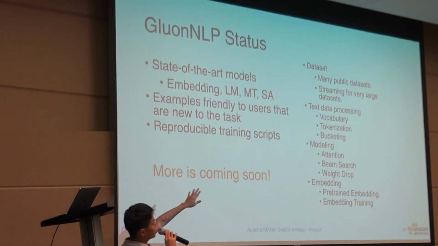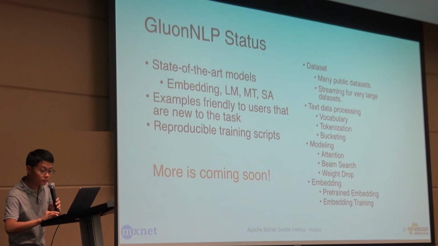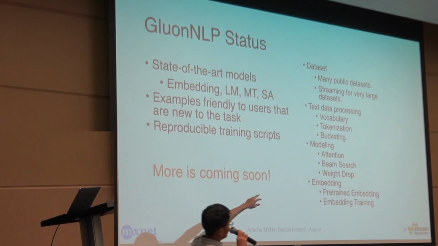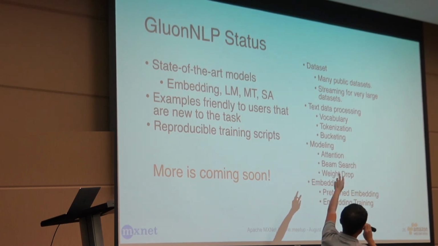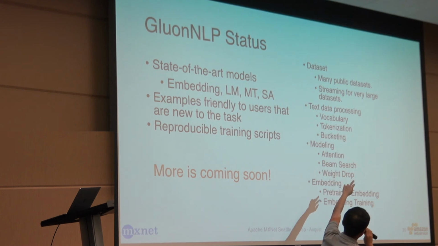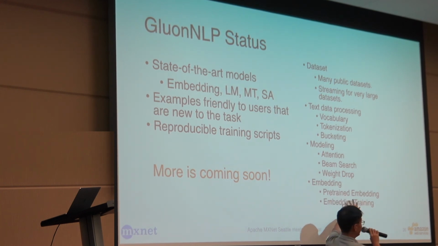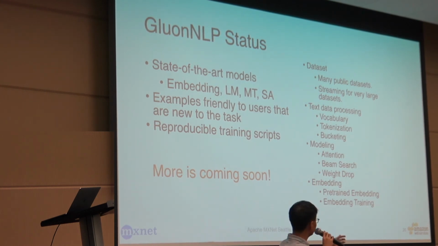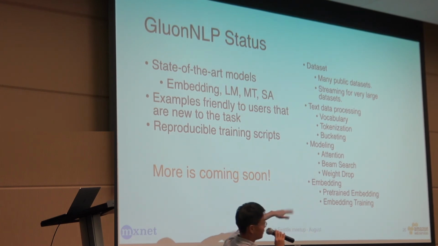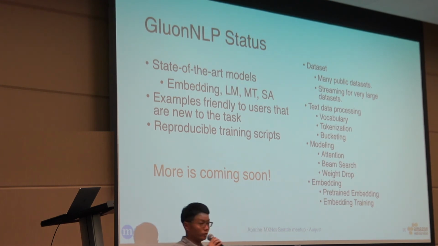And regarding more features, I just covered the batching as well as loading many public datasets. One we load is just making the text tool for the language model, and the text data processing. For modeling, we are not using any of them. For embedding, we just show an example of using a pre-trained embedding to measure similarity between cat and lion, for example. So that's basically what we covered in this talk,